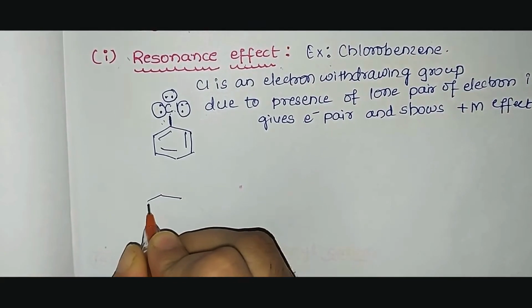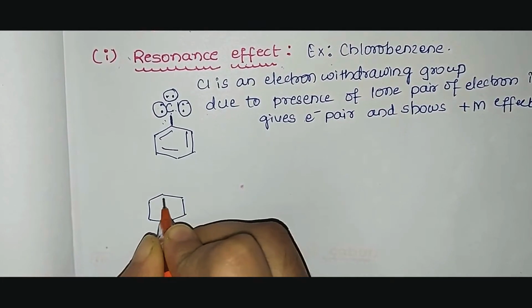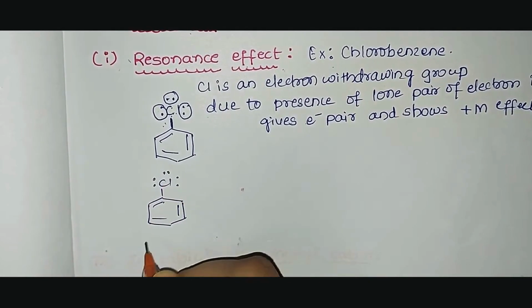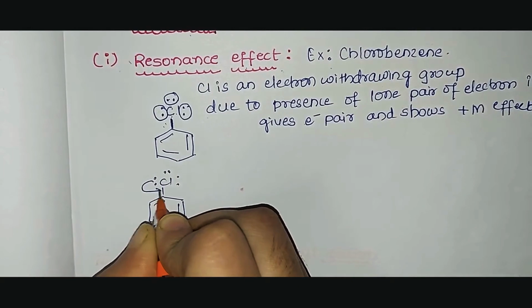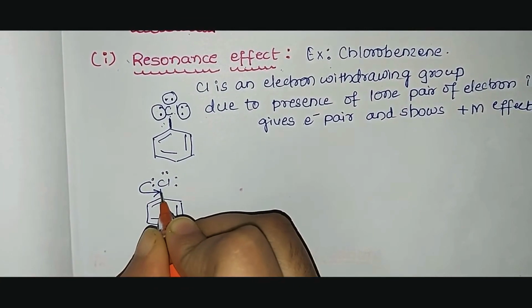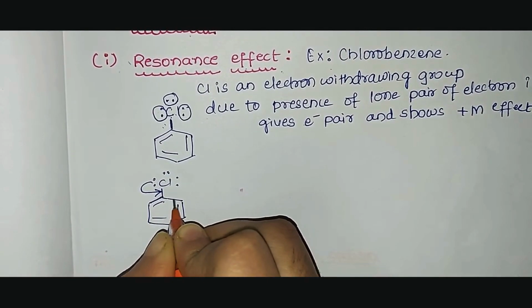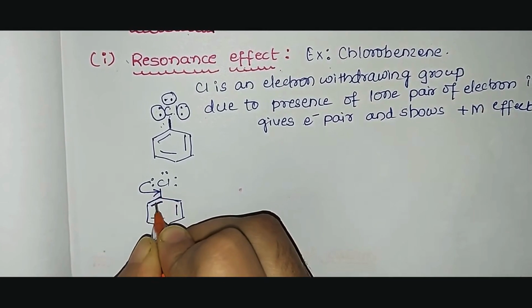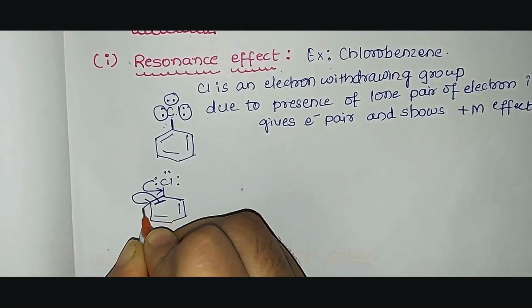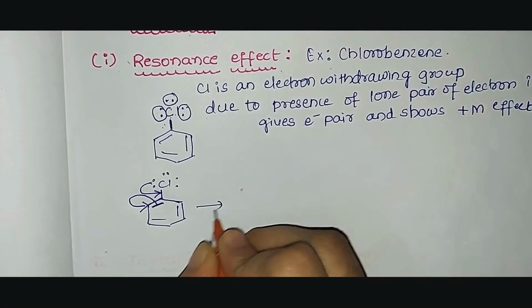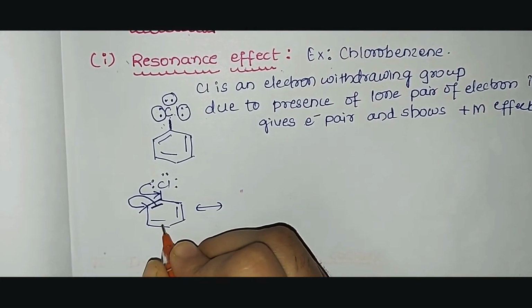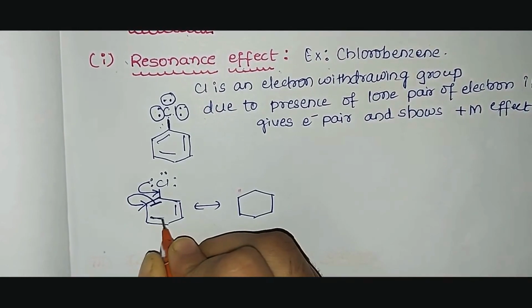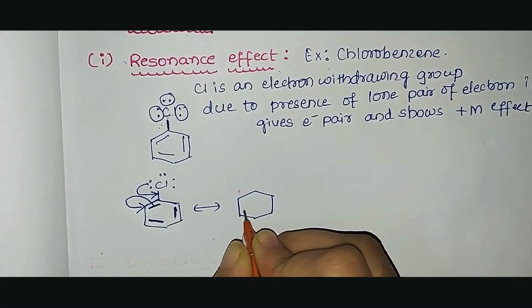So let us write the resonating structures for chlorobenzene. We'll represent all the bonds and lone pairs of electrons on the chlorine atom. Then we'll show the sharing of electrons, that is, in the resonating structure pi electrons move here. The electron pair is given to the carbon atom, and the next one becomes unstable, so it gives its electron pair outside onto the benzene ring. So what is the resulting resonating structure? The ring as it is, and the bonds which we have not altered, we'll write as they are. Those two bonds we'll represent as they are.